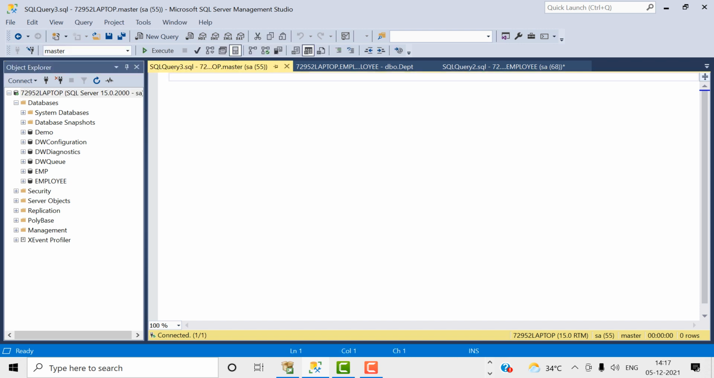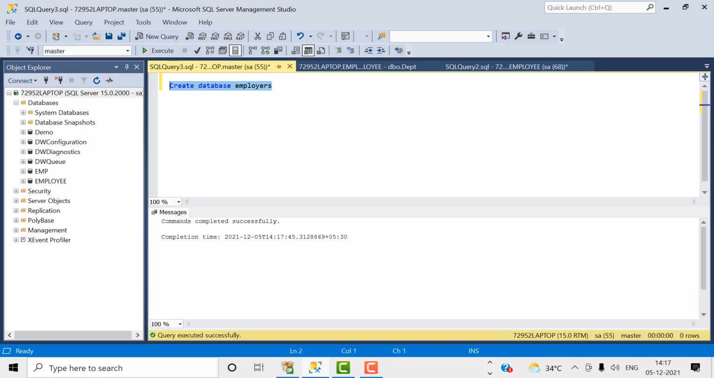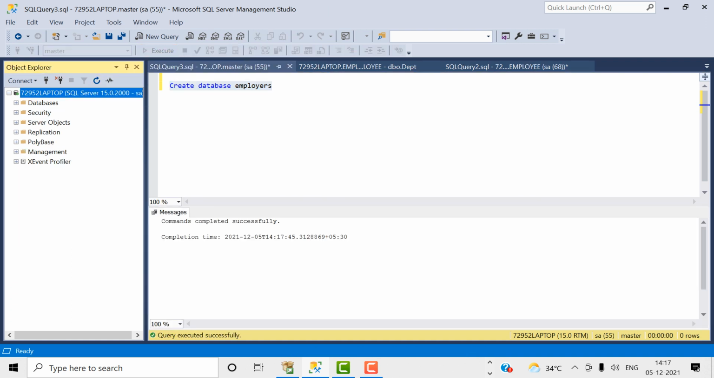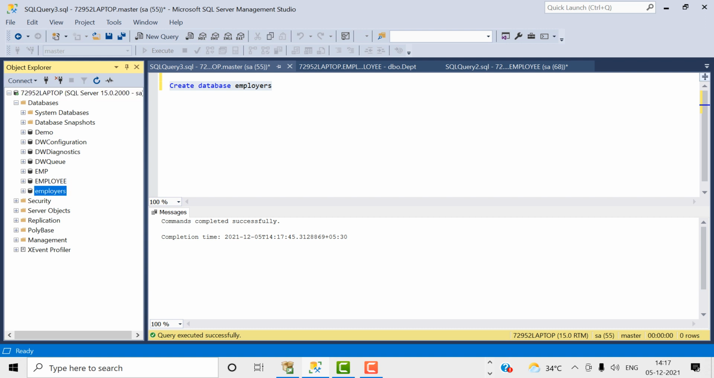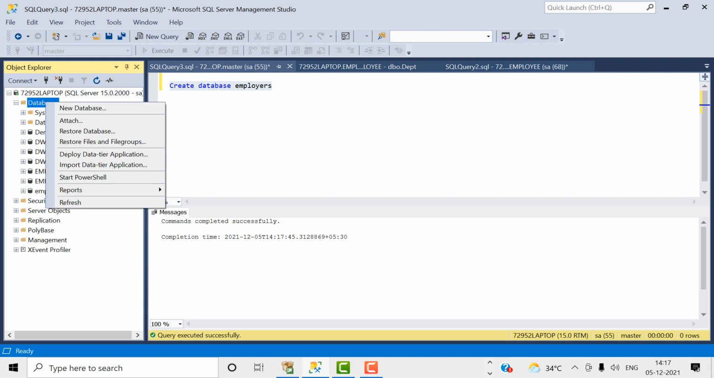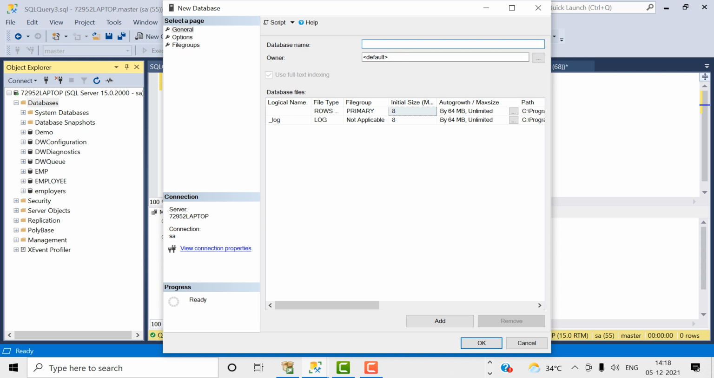If you want to create a database through Query Analyzer, just create database, name it employees, execute it, and refresh it here. Now the employee database has been created here. And if you want to create a database through Object Explorer, just create a new database and give some database name,